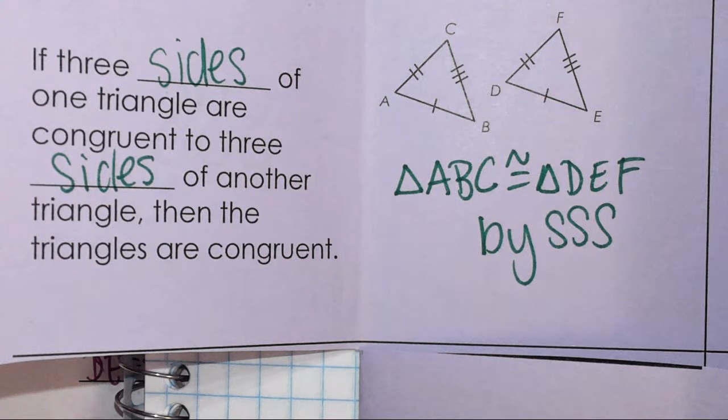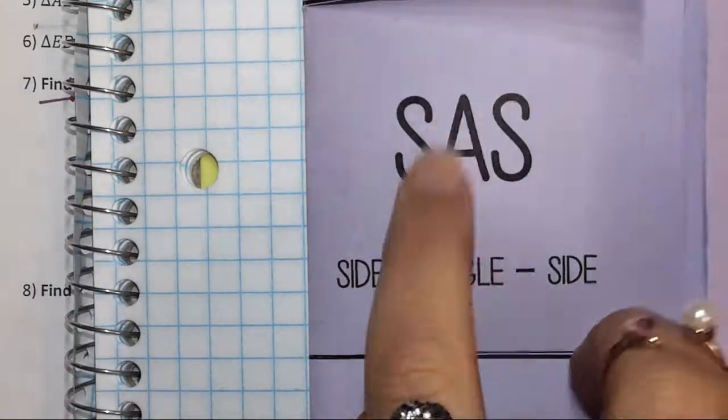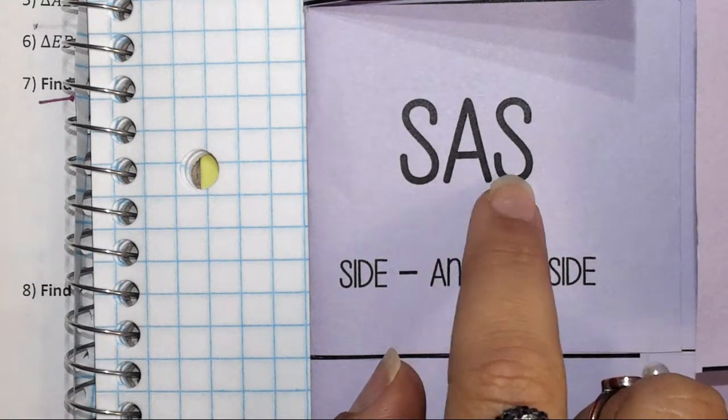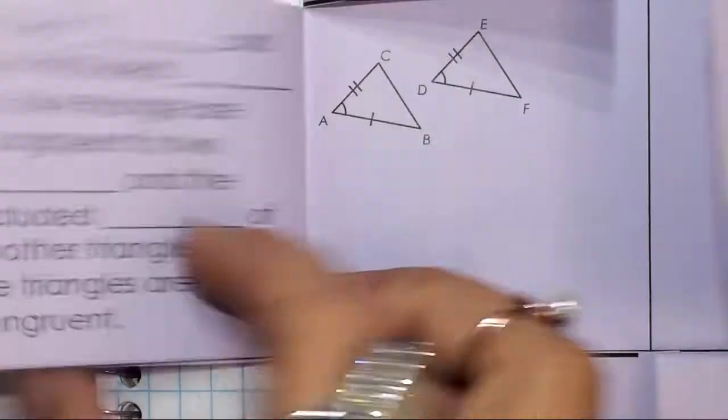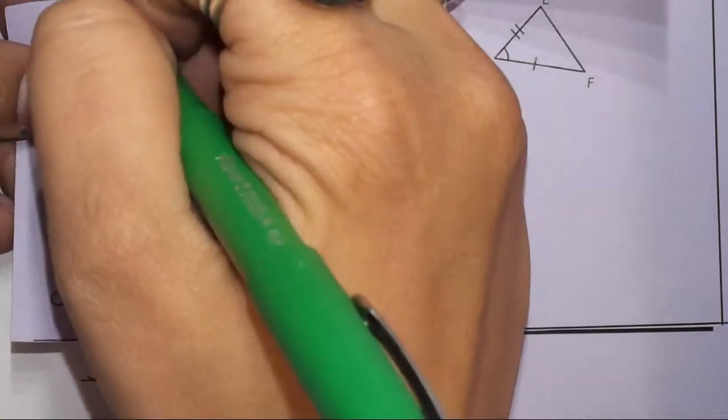Are you ready? Okay, next we're going to talk about what happens if we have side, angle, side. Now, side, angle, side means you have to have a side, an angle right next to it, and then the next side have to be congruent. So, if two sides